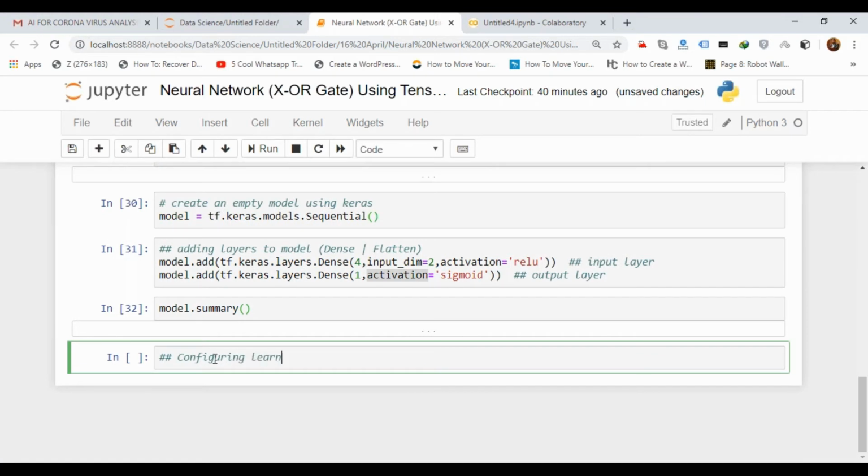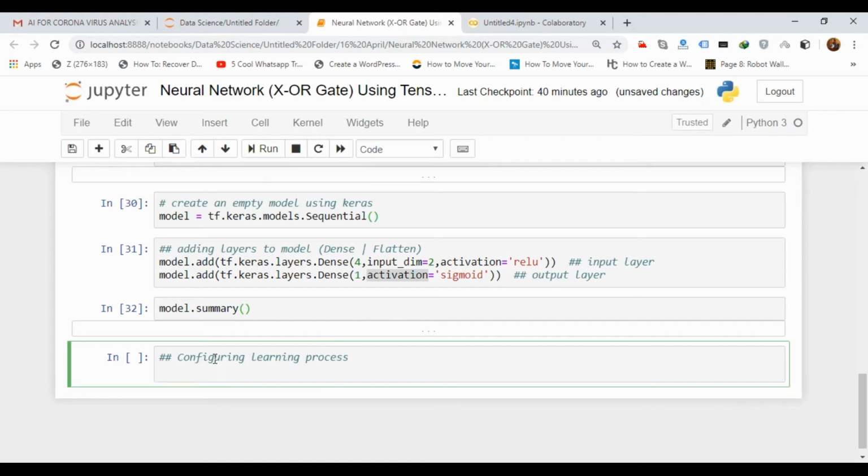Configuring the learning process. So here I will write model.compile. Now, first of all, I'm using a simple loss function, that is mean squared error, that is MSE, that we have just studied, the quadratic function, summation of actual output minus predicted output whole square, and we take the mean.